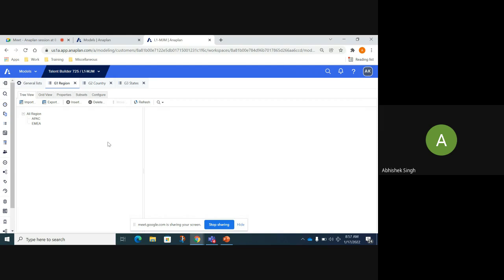Whenever you have scenarios like this, feel free to use a hierarchy list for your data creation. Tomorrow we are going to start off with another type of list, called a flat list and a numbered list. We'll discuss them in the next session. What you need to do is, once you get a workspace, create a hierarchy list at 4 different levels. This list is currently at 3 levels, G1, G2, G3. You need to create one with 4 different levels. Just try to create one hierarchy list and make all the relations. In case you aren't able to, we can discuss this in our sessions.